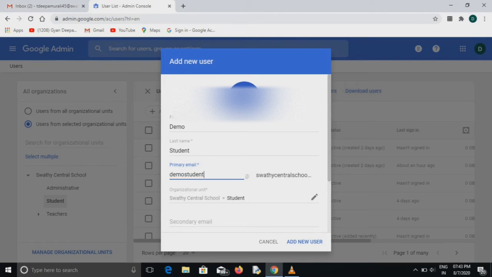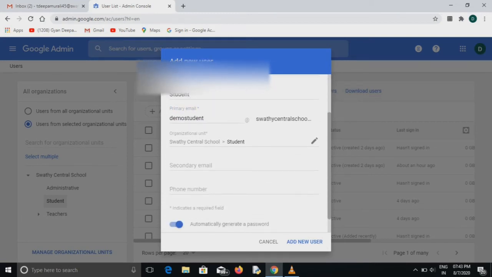Here, we have to type all the details asked, including the required mail ID, and you have to mention your Gmail ID, that is compulsory.